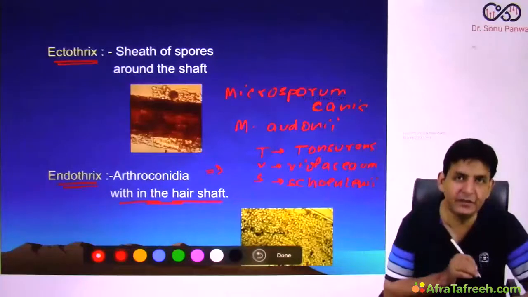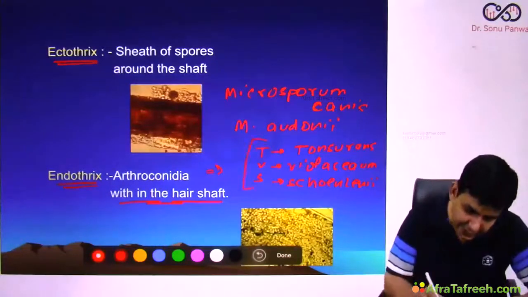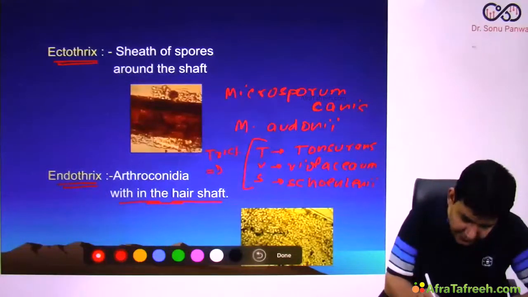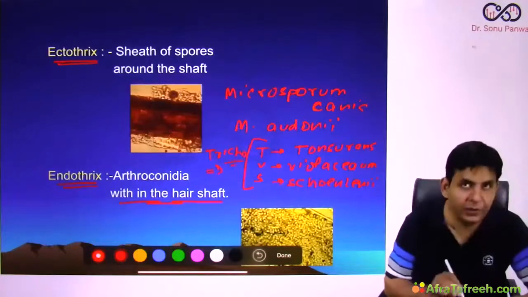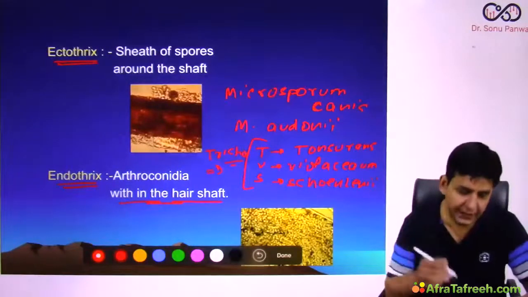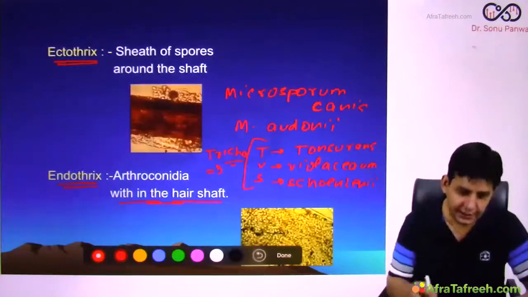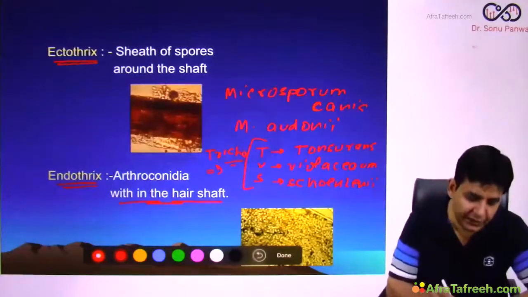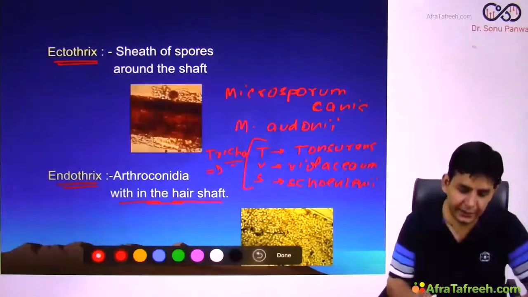It was doing favus. Okay, so in front of them you just write up Trichophyton tonsurans, Trichophyton violaceum, Trichophyton schoenleinii. That is there in the endothrix. That is within the hair shaft, and ectothrix is around the hair shaft. Okay,